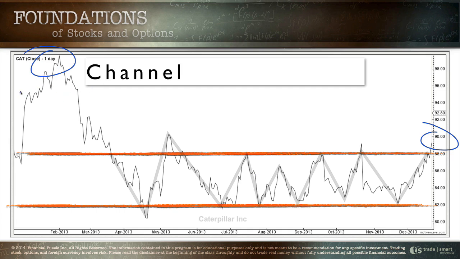By the way, what if I told you that this picture right here, the one that I just drew a square around on Caterpillar, this picture right here told us before we sold off 20%, it told us that Caterpillar was about to sell off. What if I told you that, Chris? Now, Chris, the challenge is not how do I buy, hold, and pray that it works. The challenge is how do I learn to recognize that pattern? This pattern is not that different than the channel pattern. It's just one of the variations.